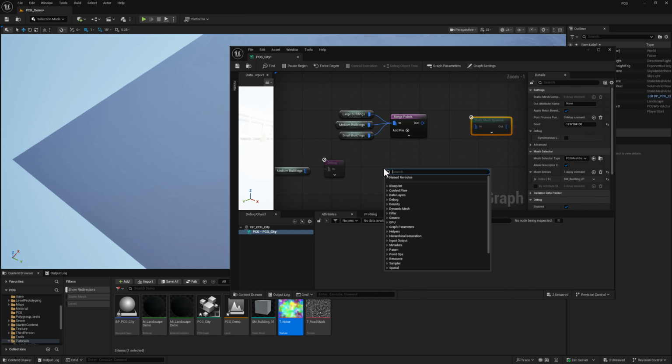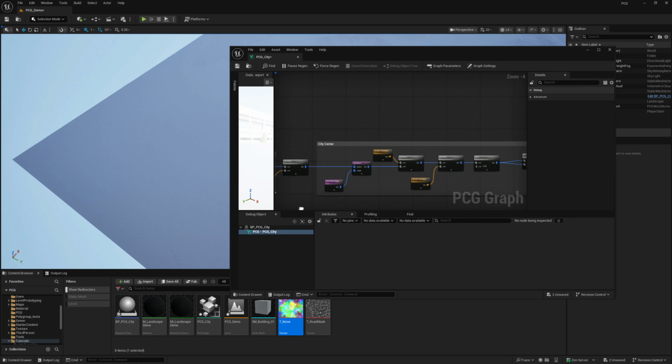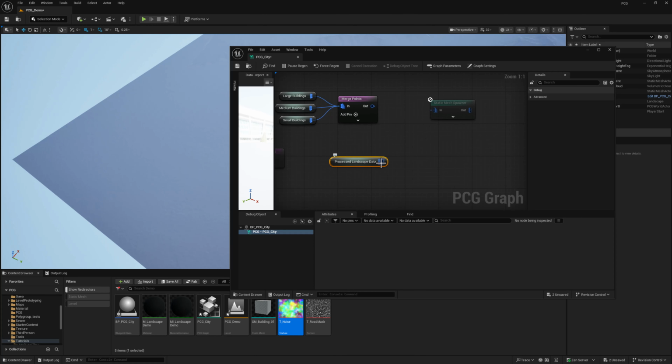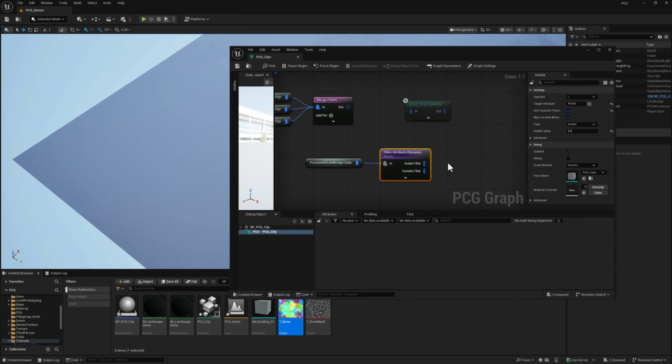I'm going to grab my processed landscape data, which is what we're generating at the end of this long stream up here. And we'll do an attribute filter here. In this case, we're looking for anything with a roads attribute that is, we'll use constant threshold here. In this case, I do want the roads. So to show you what we've got, if I just add a debug,